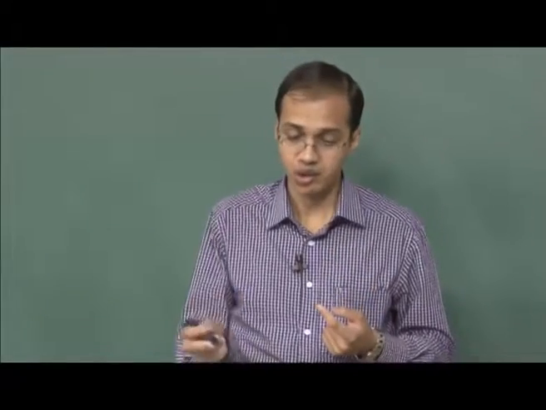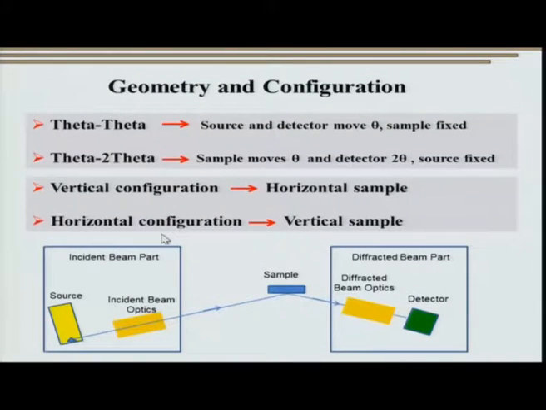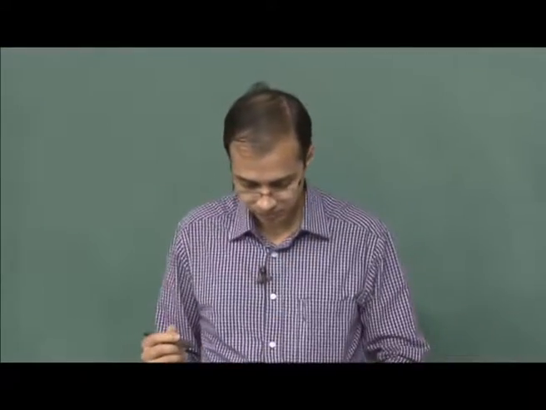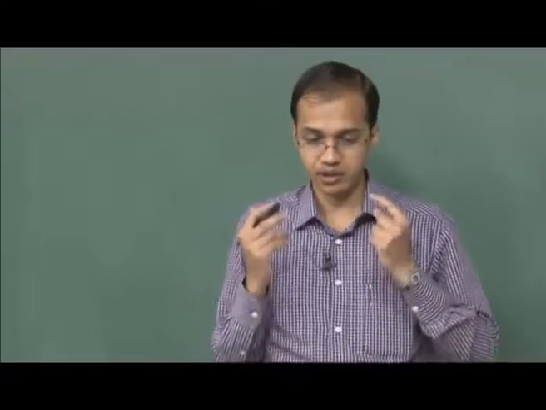However, if you are studying thin films or carrying out texture analysis, you may like to use a horizontal configuration, which essentially ensures that your sample is vertical. Having said that, the diffractometer essentially has to ensure that the diffraction condition is satisfied. Not only that, the diffraction condition has to be satisfied at not just the Bragg angle, but at the Bragg angle as well as at different inclinations of the sample, as well as the rotation of the sample to